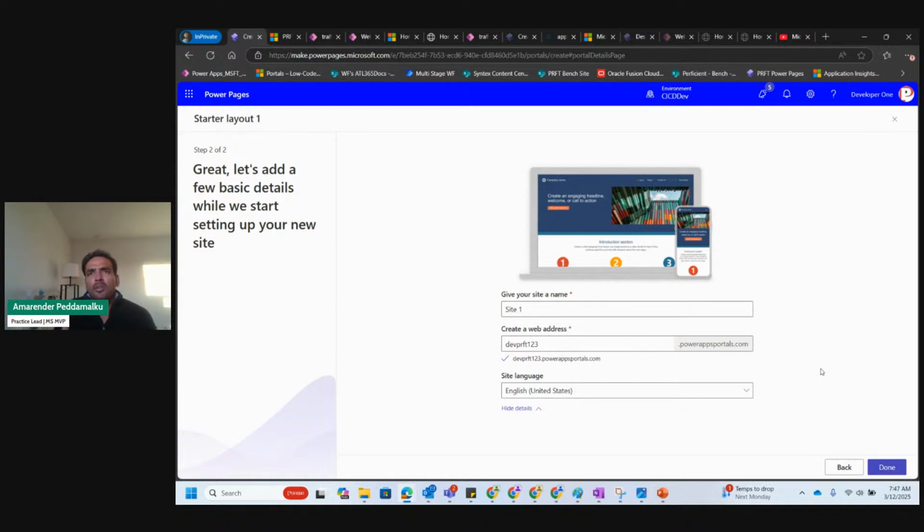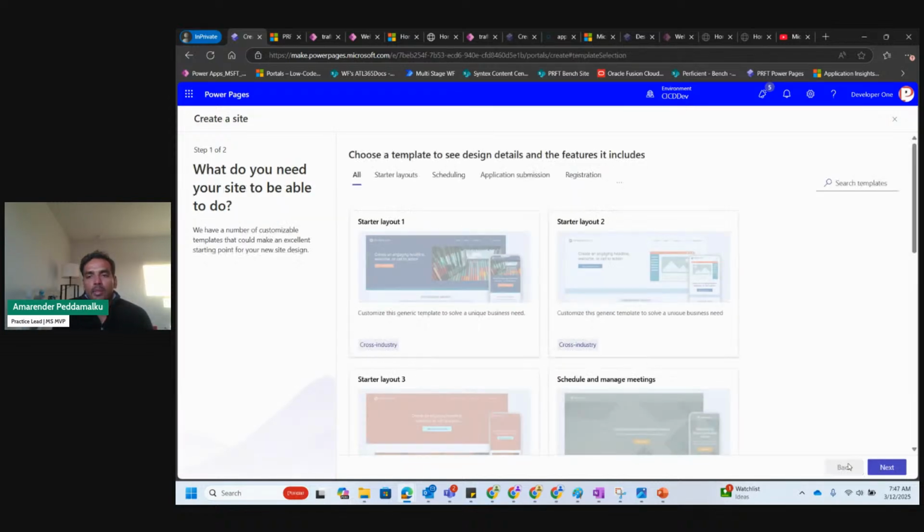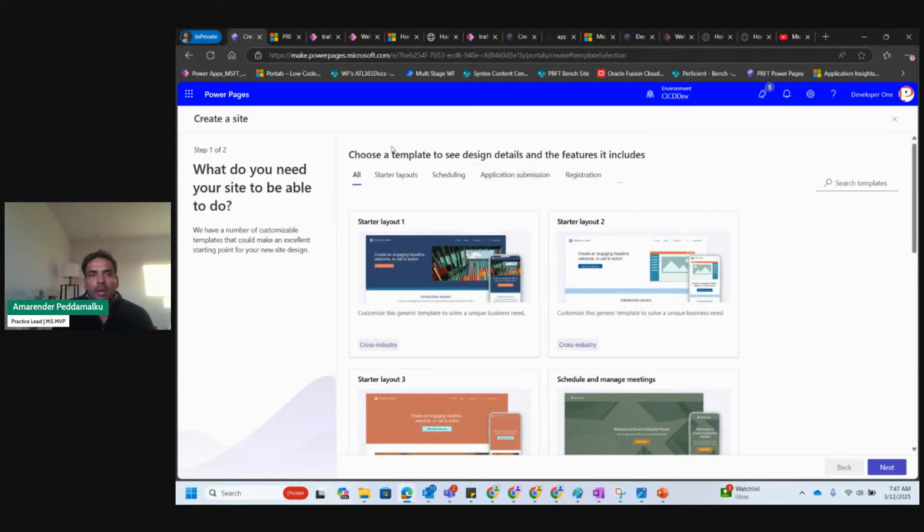It's going to take a good 40-45 minutes. At times it takes about 25 minutes at least, but give it roughly about 40 minutes for your website to be created to begin with. Don't be in a rush to create that and show it to the client. It's going to take some time initially to bring everything together, and then you can build the Power Pages from there pretty quickly. So I'll go ahead and go back to my landing page.